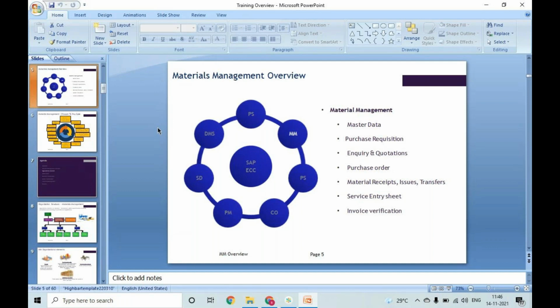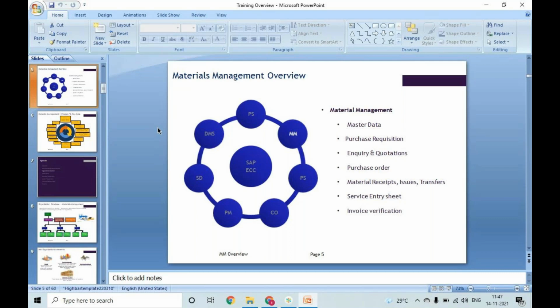Then, once the purchase order is received, the vendor acknowledges that he has received this order and he will be providing these materials on so and so date. Once he confirms that date, again in SAP, if the vendor's software system is connected with SAP, that confirmation will get updated in the purchase order. In the purchase order, we have a confirmation tab where all these details will be captured.